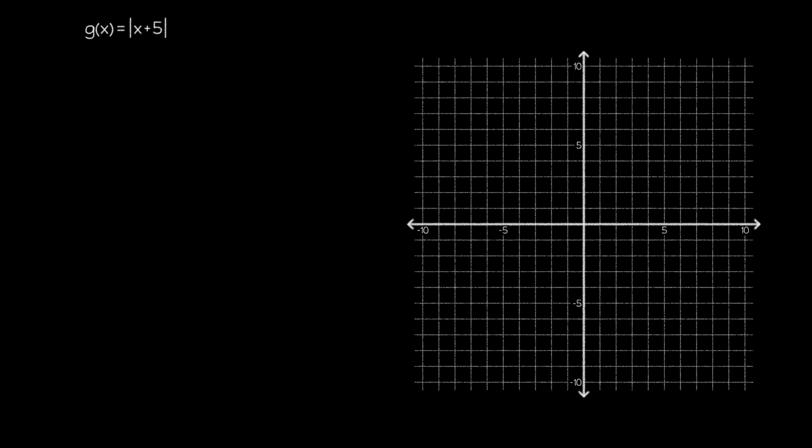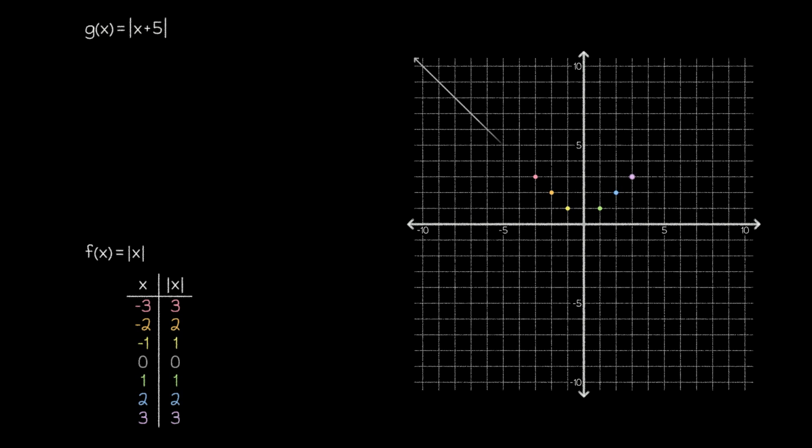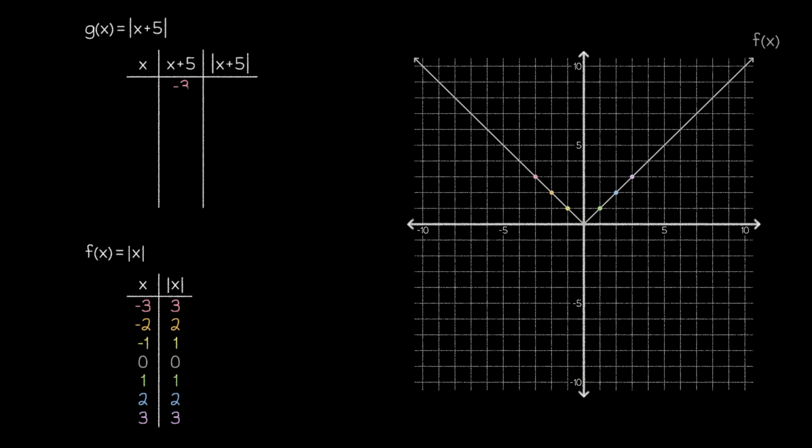However, instead of immediately graphing this function, let's take a step back and graph the parent function as f. As we do this, we're going to use a different color in association with each of our key values. Once we have this graph complete, we can go ahead and make our extended table of values for g of x and plot those points as well. Once again, keeping the same colors associated with each key value.